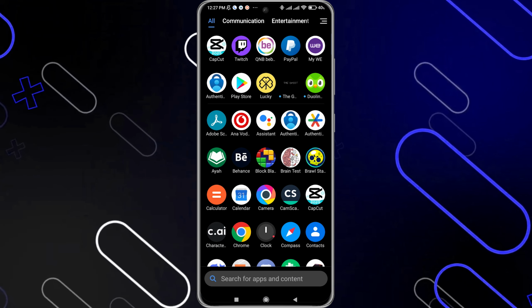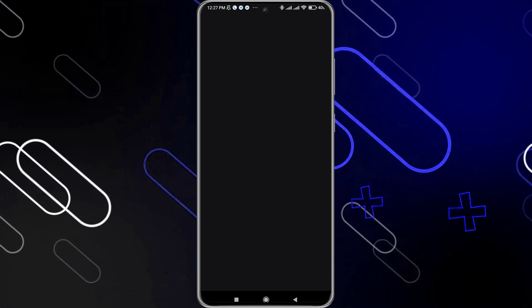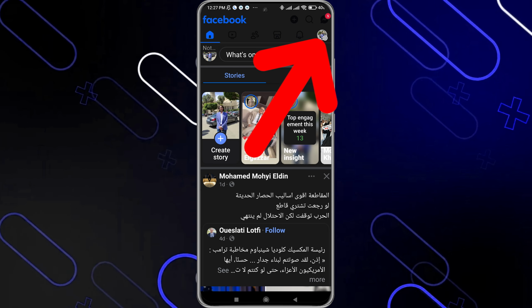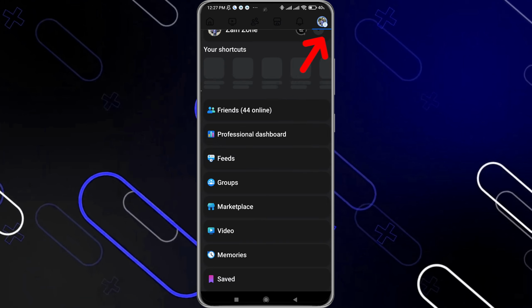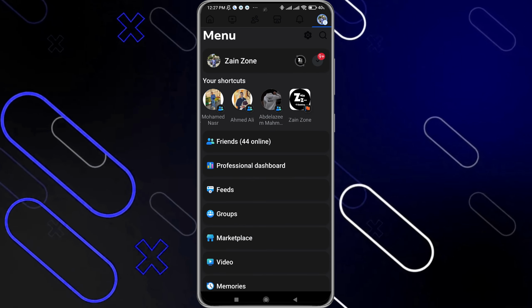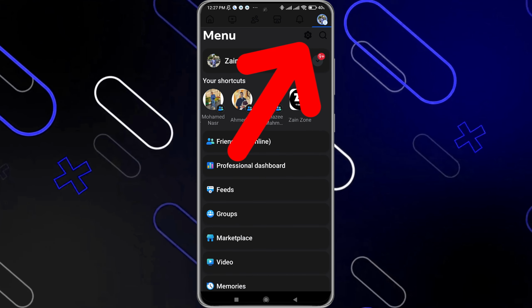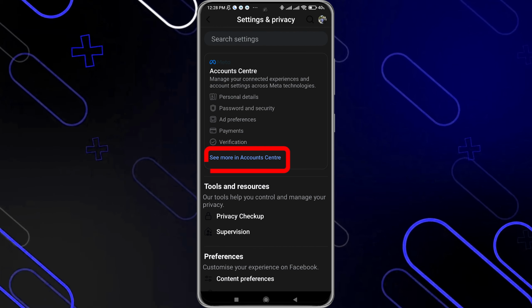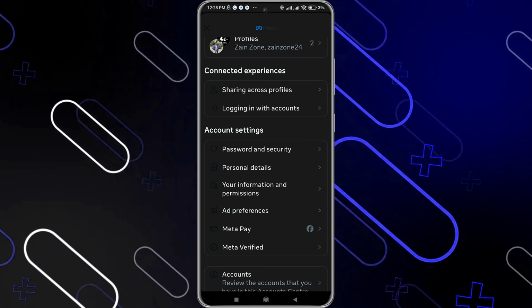To do this, go and open the Facebook application on your phone, and once you open it, click on this icon on the top right corner, on these three horizontal lines. So click on this icon on the top right corner, and now we should click on this gear icon on the top right corner also. Once you click on this gear icon, click on this section, Account Center, and now here in the account settings